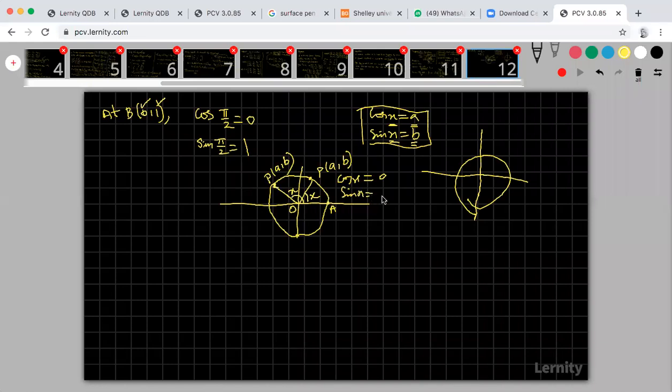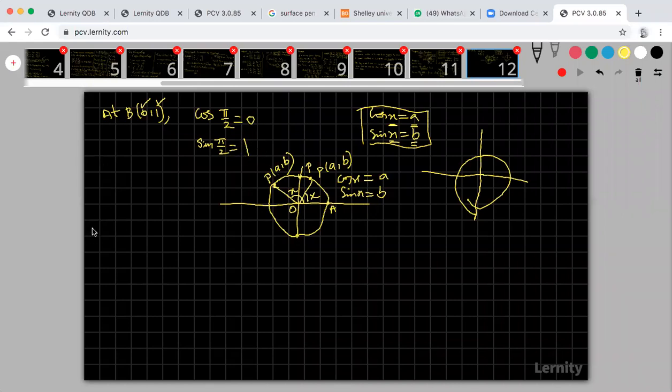That is the x coordinate and y coordinate because we are considering the unit circle. The radius is 1. So based on this, this is my A, this is my B. So therefore my cos pi by 2 is equal to 0, sin pi by 2 is equal to 1. Why? Suppose I am taking my P here, my angle is 90 degree, pi by 2 radian. So therefore cos pi by 2 is 0, sin pi by 2 is 1.